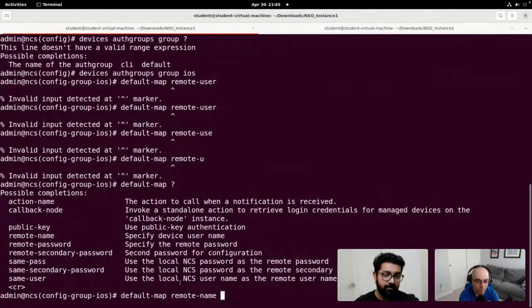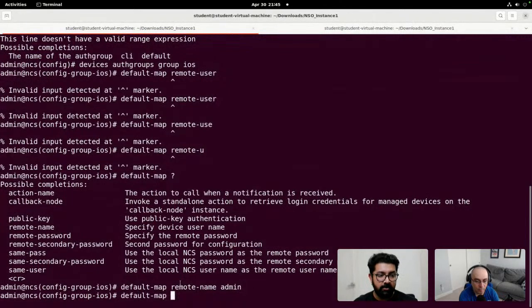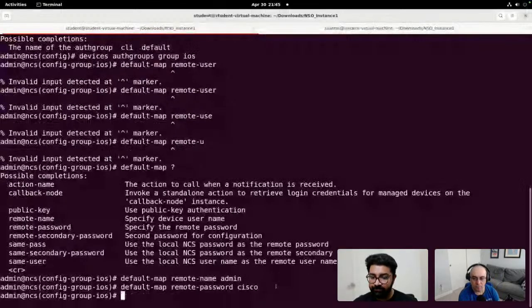Remote name, and then specify the username which you want to use, and then default map, remote password, and then Cisco. So these are the credentials that we want to use when it comes to creating the SSH connection. And once you specify this, then you can simply, but because NSO works on the candidate configuration data store, every time we are adding new configuration, we are supposed to